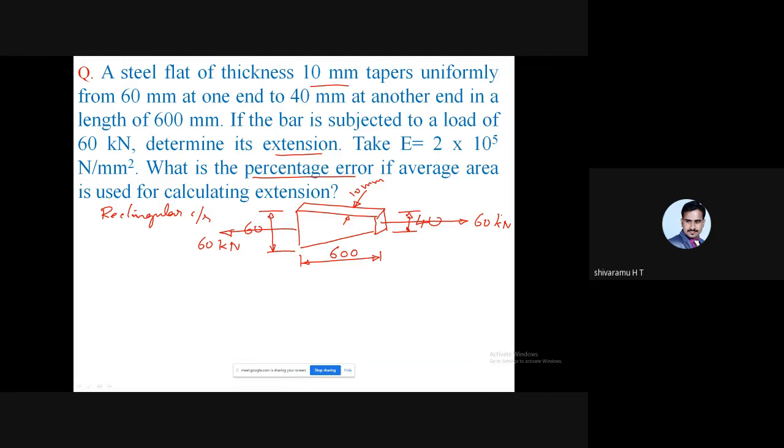E is 2 into 10 power 5 Newton per square millimeter. And what is the percentage of error? So we'll note down the given data. Thickness is given, T is equal to 10